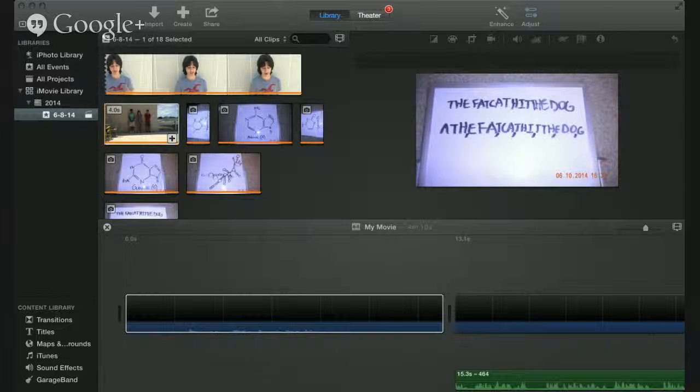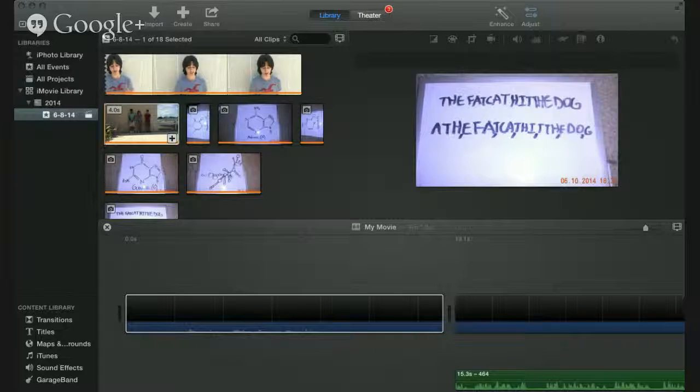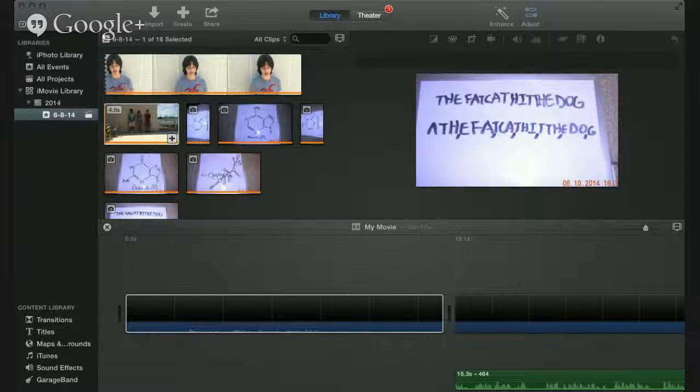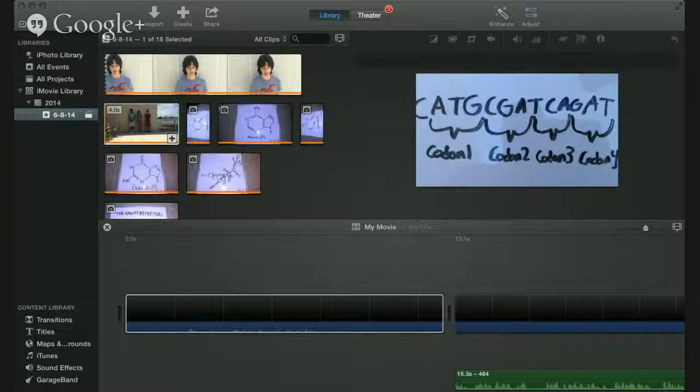Mutations. There are many types of mutations, such as: one, the replacement of one base group for another; two, the removal of one or more base groups; and three, the insertion of one or more base groups. There are two types of replacements that are possible. A transition is the substitution of one purine by another, or one pyrimidine by another. In contrast, a transversion is the replacement of a purine by a pyrimidine,